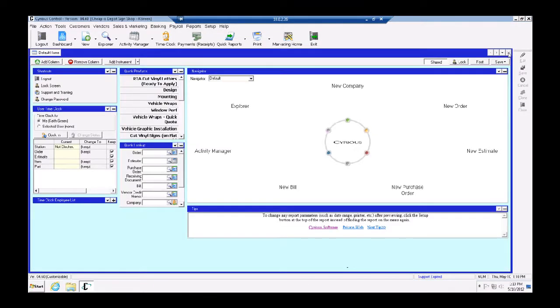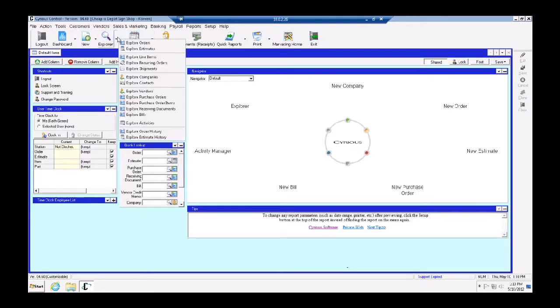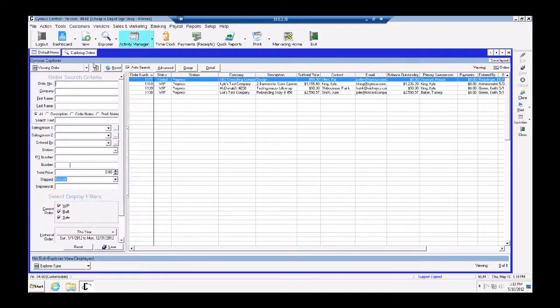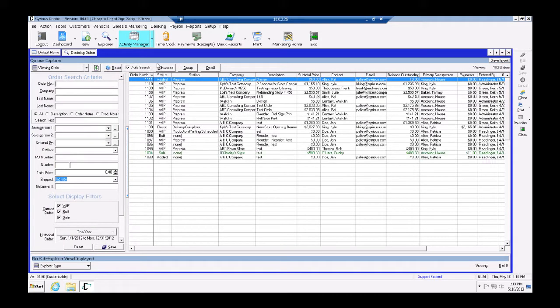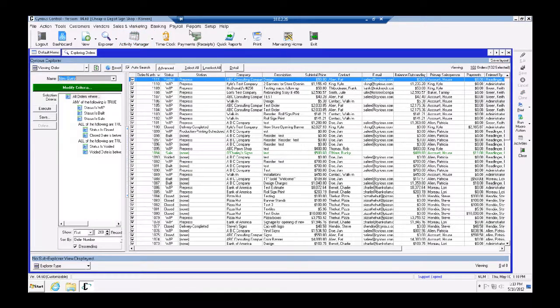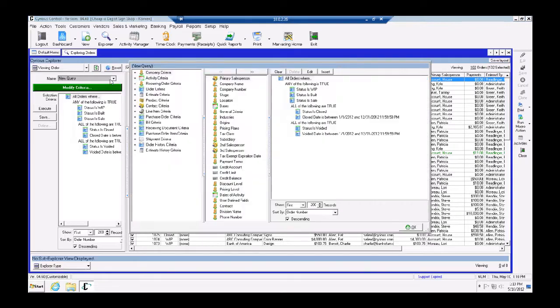That's a pretty big discount, but just a great way to send out important information. All right. Well, let's do an order advanced query. One that I've actually encountered a couple of times recently. We want to see maybe all orders in a certain status that have a certain value to the order. For instance, WIP. So if we want to pull a list of any orders that are in WIP right now with a subtotal greater than, just say, $500. So we can come and select our order criteria